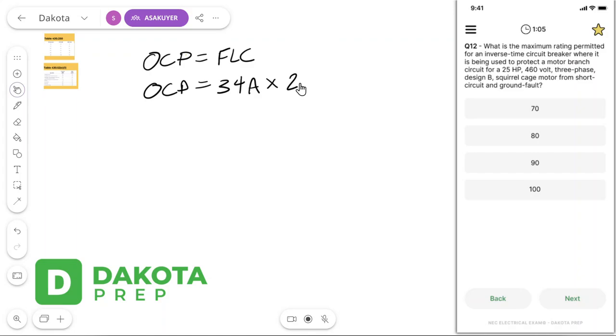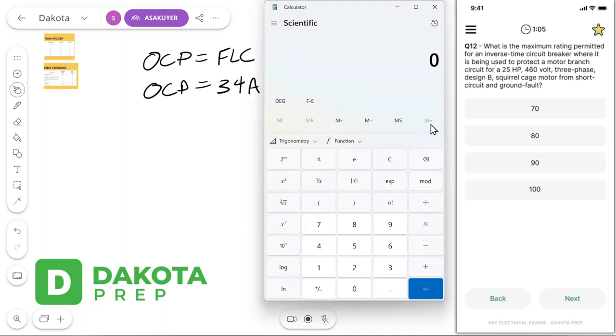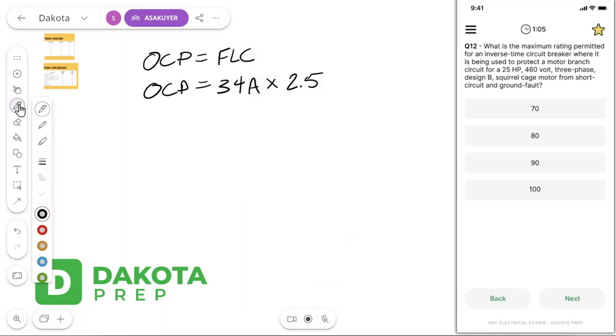So we find out what 250% of 34 amps is by multiplying by 2.5. 34 times 2.5 is 85 amps. Well, since 85 amps is not a standard size overcurrent protection,